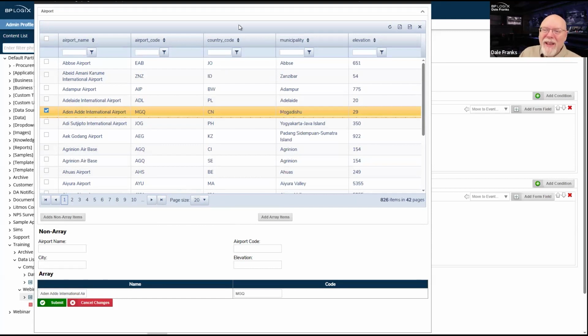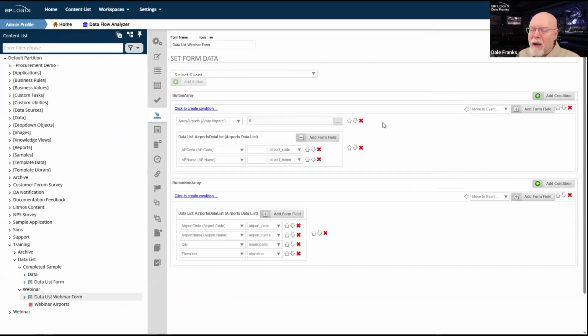So this provides us with an interesting conundrum. If I'm only going to go in once and make this transfer of data from the data list to the form, okay, fine. Then it's probably okay if I have the array reset to 0 every time, so that it doesn't append, and I just do this once, get the data I want. Once I have it, I submit the form. Nobody ever looks at the data list again.